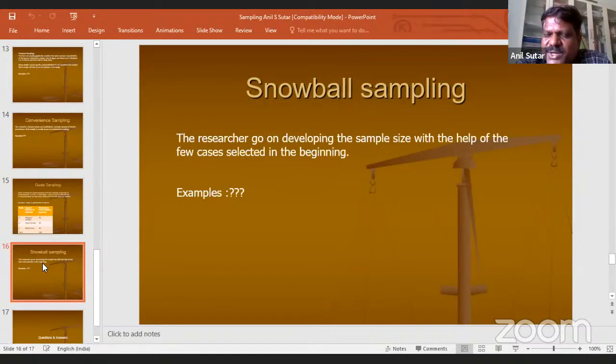One, I came across a study of the workers who load sand into trucks. That study was from a labor perspective. But if you want to study the traders who deal in the sand business, then it is a very small population in Mumbai.